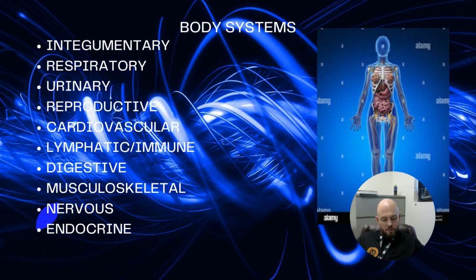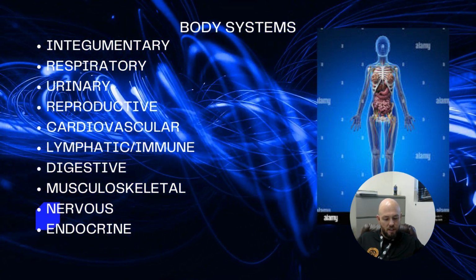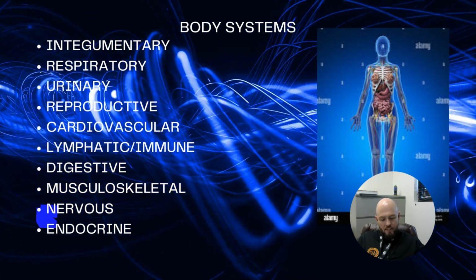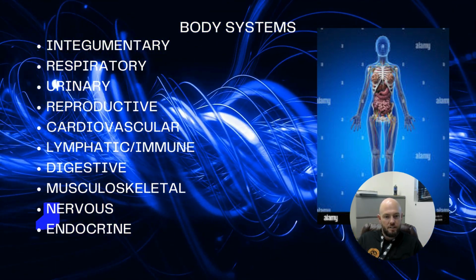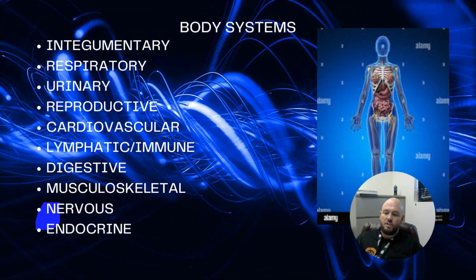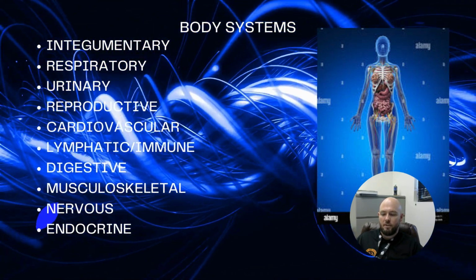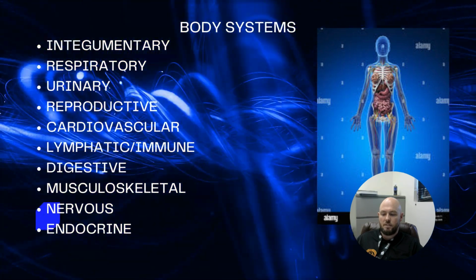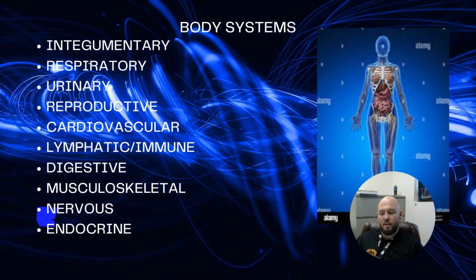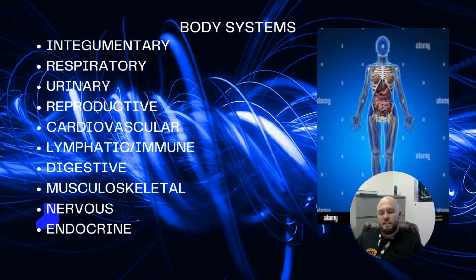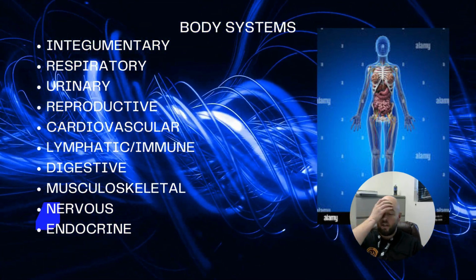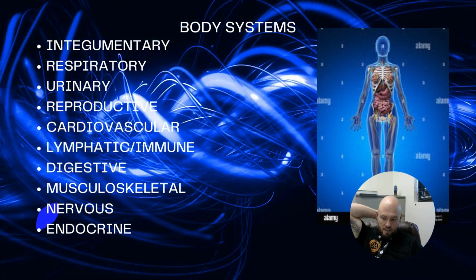Lymphatic system is composed of vessels, ducts, nodes, organs. This is an immune system, provides defense against infection, and also drainage of extracellular fluids. Digestive system, your GI tract starts at your mouth, moves down your esophagus to your stomach, your small intestine to your large intestine, your anus, plus some accessory glands like your liver, your gallbladder, your pancreas. This prepares food for use by the body and the cells, and allows for elimination of waste.